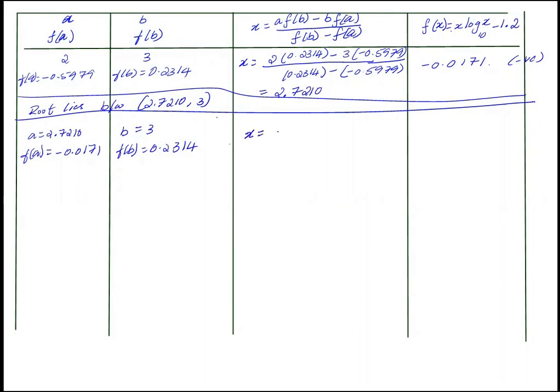Again find the value of x using the calculator. That is a, which is 2.7210, into f of b, that is 0.2314, minus b value, which is 3, into f of a, which is negative 0.10171, divided by f of b, 0.2314, minus f of a, which is again negative 0.0171. So use the calculator and you will get the answer as